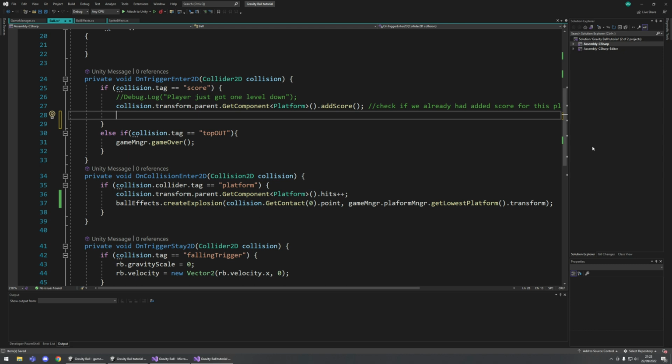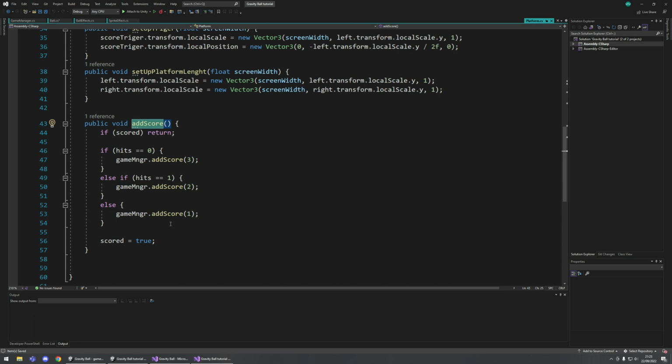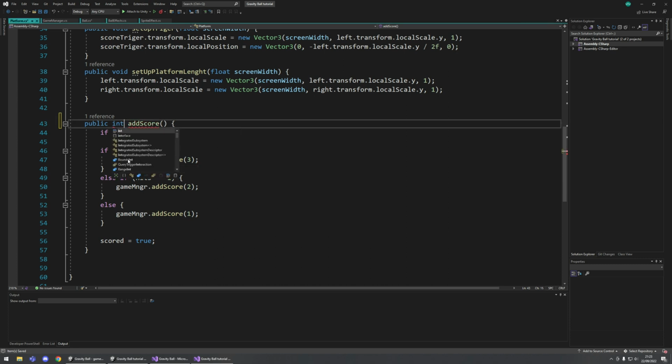Okay. I'm thinking how we need to do this, because I need to score. So we need to change add score inside the platform function. What I want to do is make this function return an integer. So yes, we're adding score,